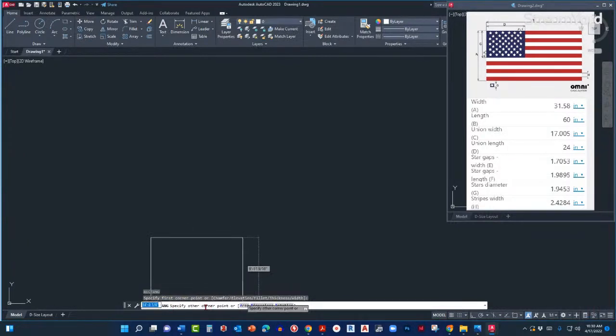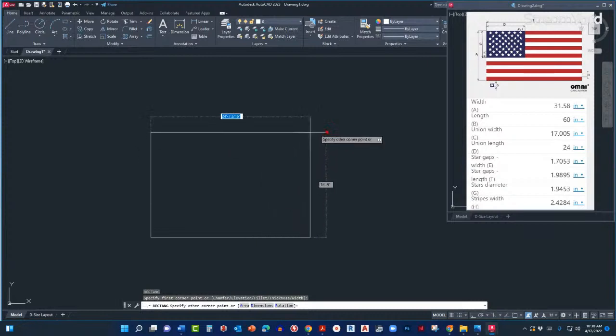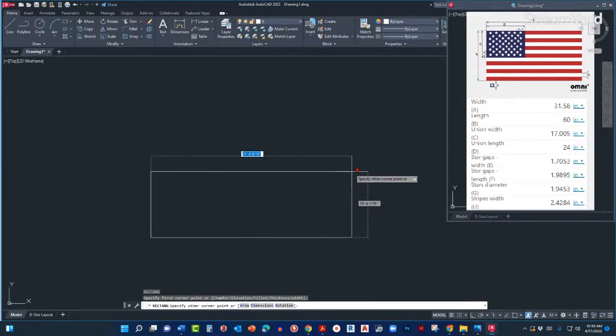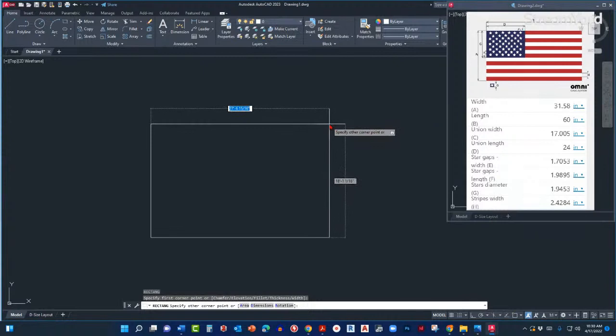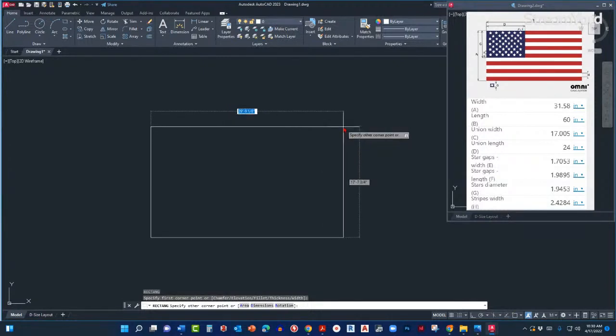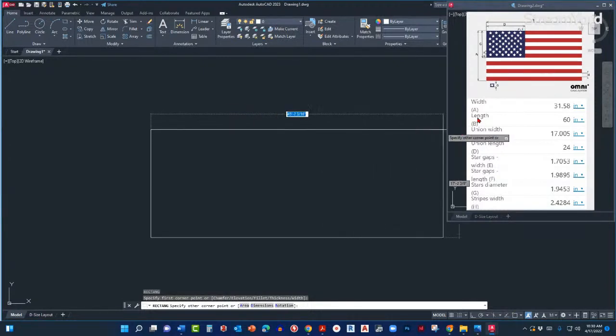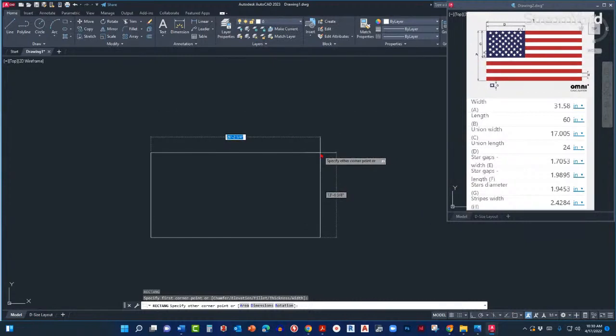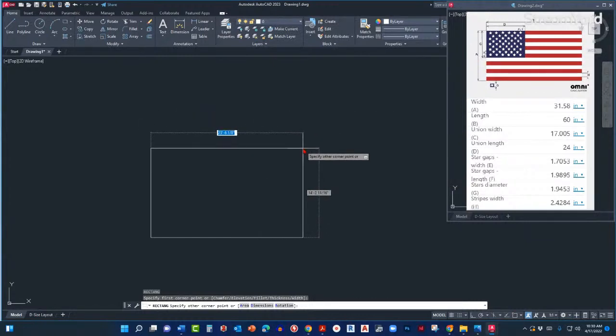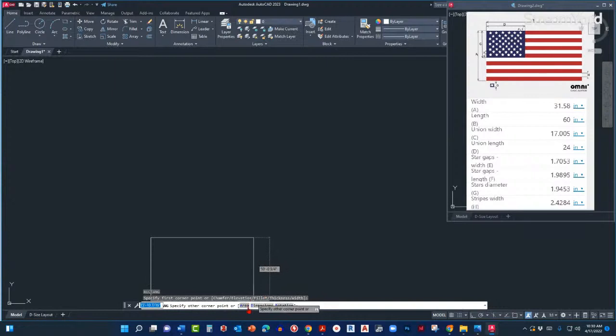It's saying specify other corner point, so I can click over here if I want, but I want to draw this rectangle with precision, right? Because we know the length and the width of this rectangle is 60 inches. If we can see, letter B is right here, that's the length, and letter A is the width, it's right here. So to draw a rectangle with precision, what we need to do is go over here, and under these options,